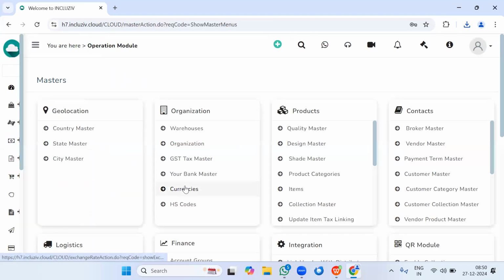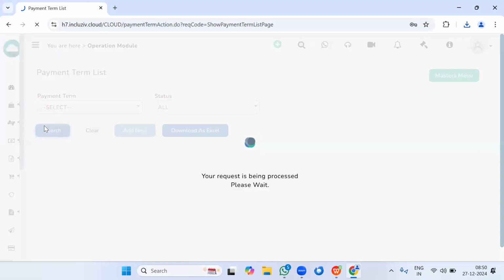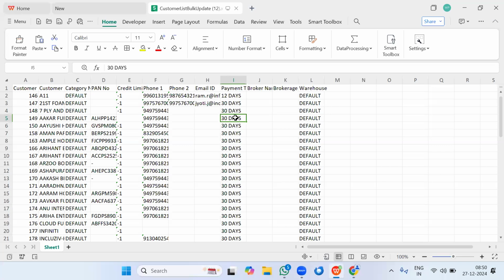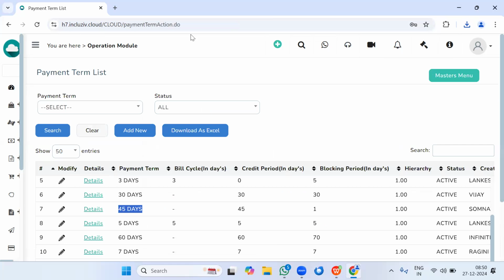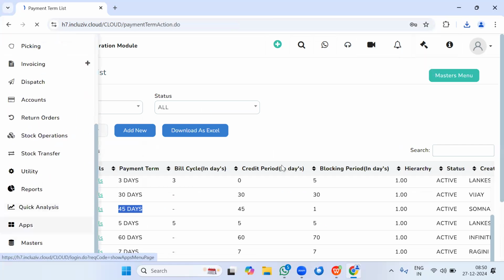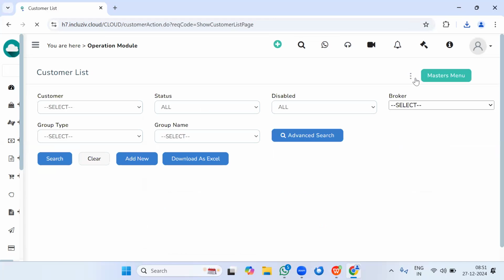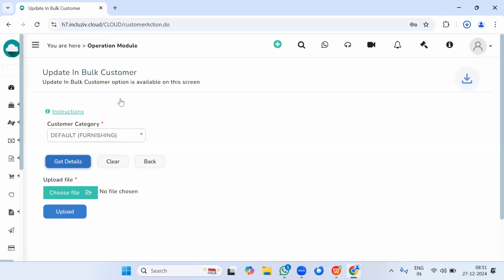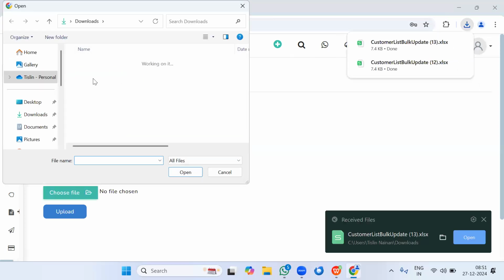The payment term master is also available in here. So ideally, once you're replacing, if you want to put 45 days, you need to choose the payment term name and paste it here. All right. So you can do this and save this file and then just go into bulk update, customer master, update in bulk, choose the category, choose the file,